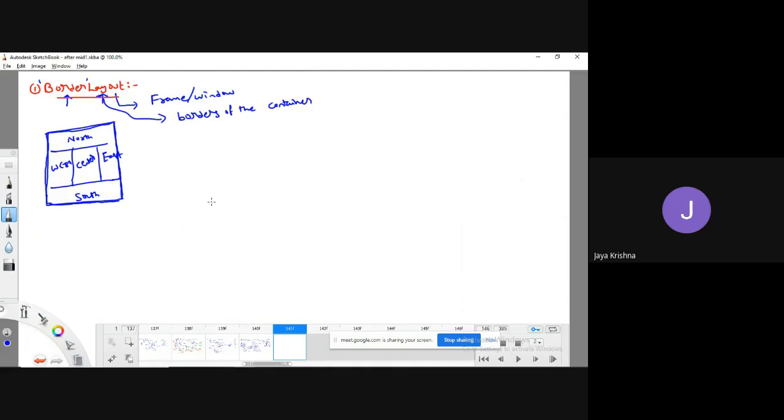In each region I can place one component, so that I am able to place five components in my entire container.